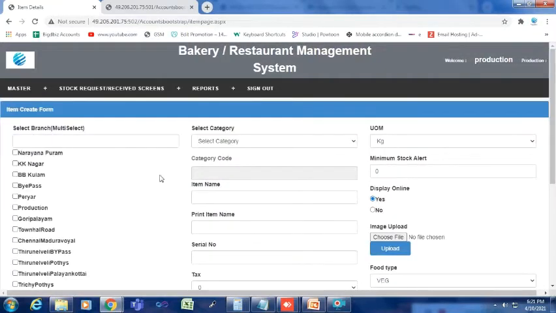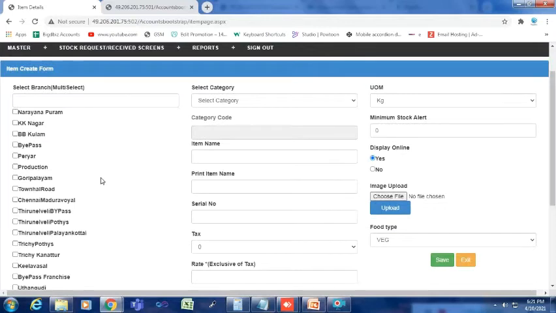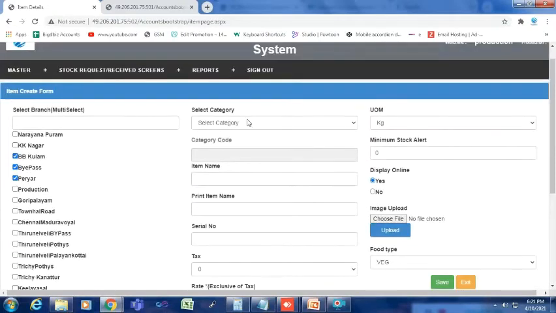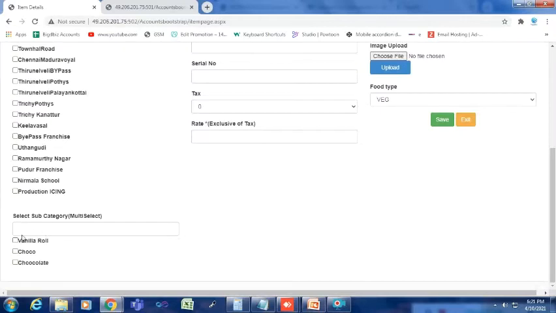So you can see that multiple branches, whether this product is available to this particular branch, or you can select multiple branches at the same time. If a product is applicable to one or two branches, you can select the particular branch alone and you can add this product. Same way, you have to select the category, you have to select the subcategory, whatever